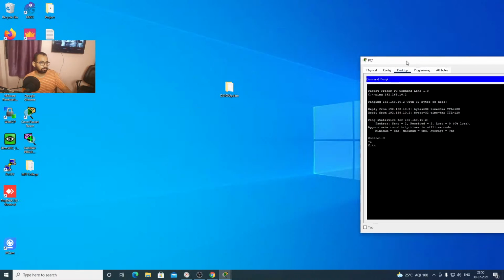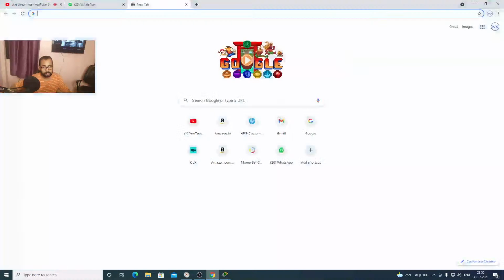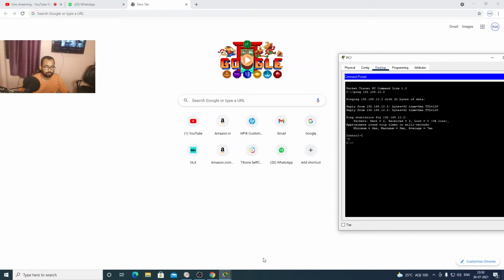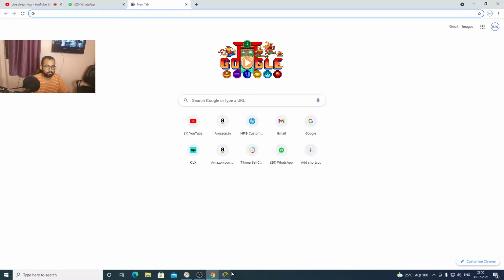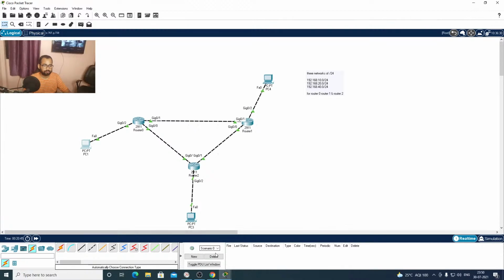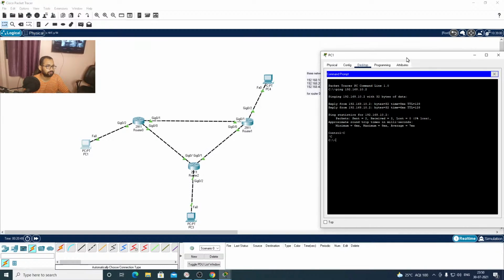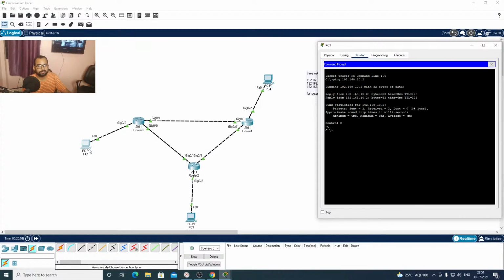Since we are studying static routing, what does static routing mean? Suppose PC1 wants to communicate with PC3, can it communicate? Let's check.